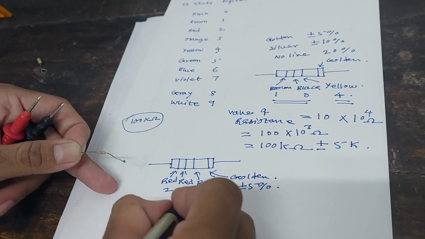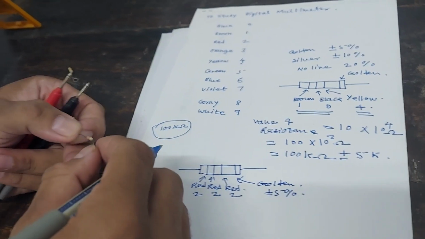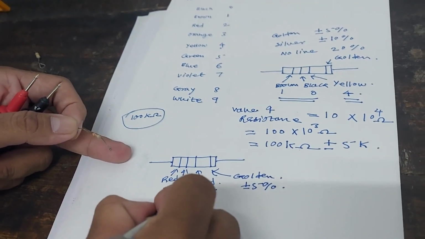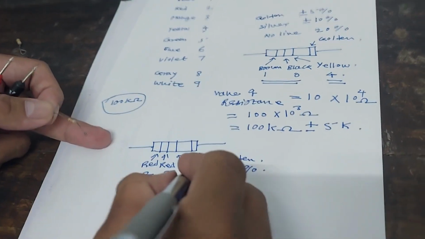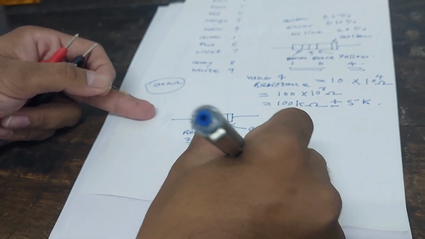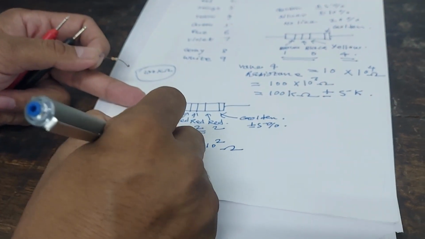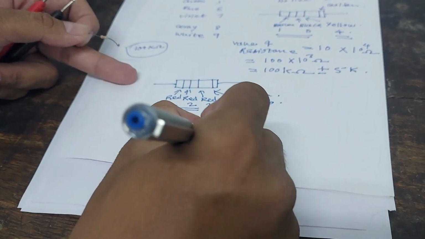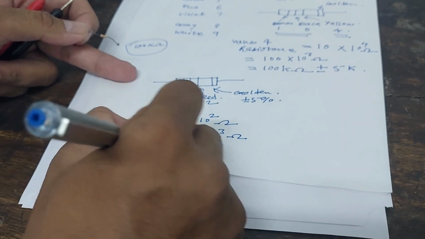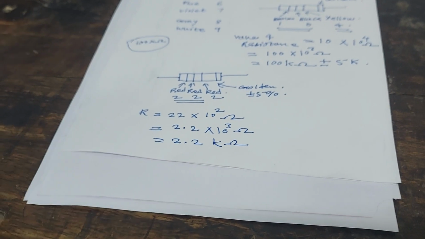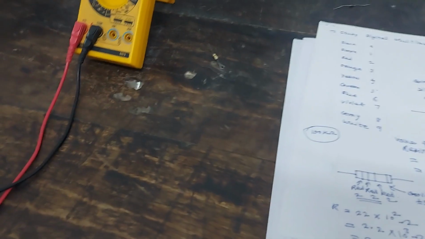So to find out the resistance value here with the help of just color code, we have to write the first 2 colors as it is, multiplied by 10 raised to the power of the third color code, that is 10 raised to 2, and this much ohm is the resistance value. So I will call it capital R. Then this is further equal to 2.2 into 10 raised to power 3 ohm. So this is equal to 2.2 kilo ohm. So 2.2 kilo ohm is the resistance value with the help of color code.